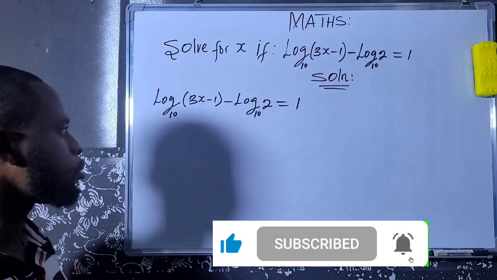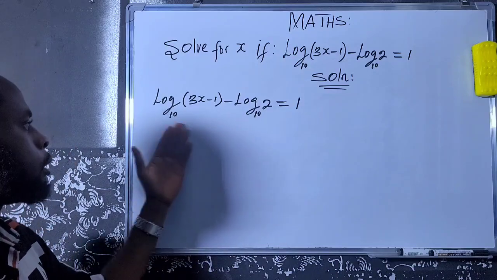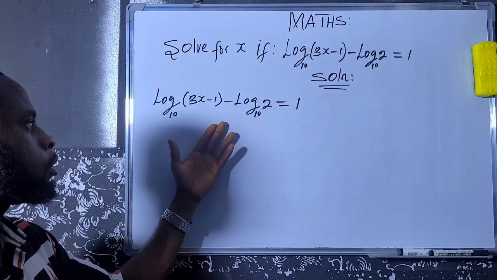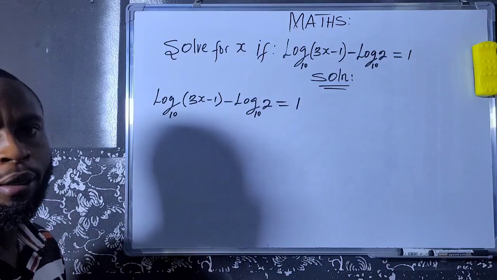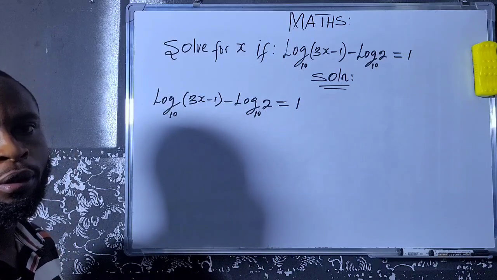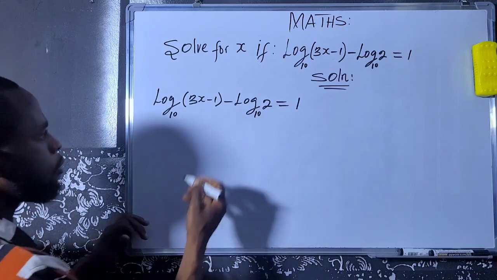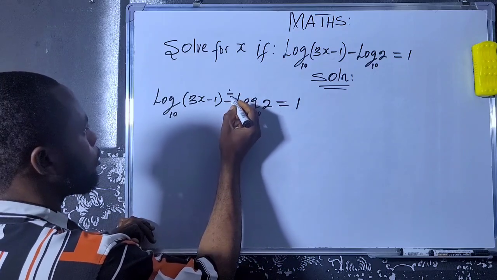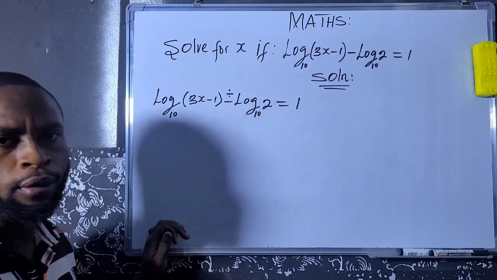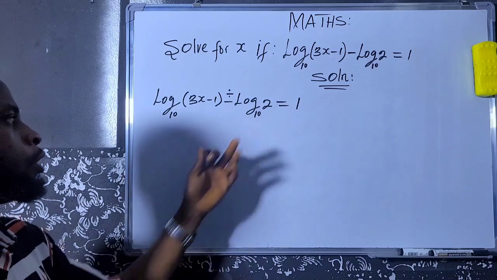Now, if you want to solve this question correctly, since the bases are the same, the first step you are going to apply here is the quotient logarithmic property, or negative logarithmic property. That is, where we have minus, we are going to replace it with division. And applying this principle,